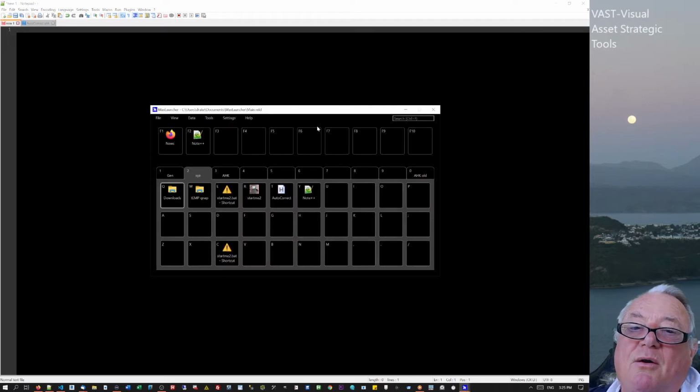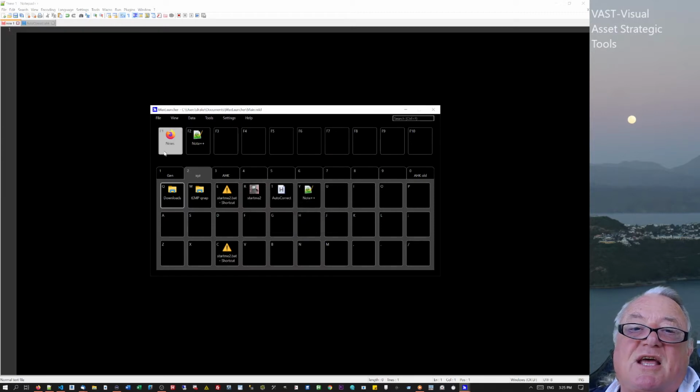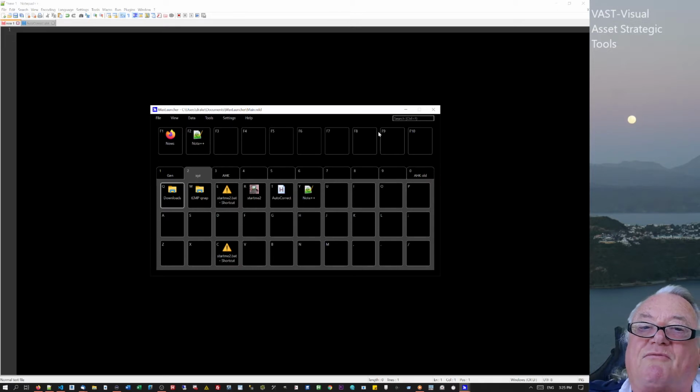So I've got another one which is exactly the same. This one here, I've just got the settings through here, and it's got a different hotkey. So I've got two versions of the same thing. I've got one for maybe work, and one for home, which is just